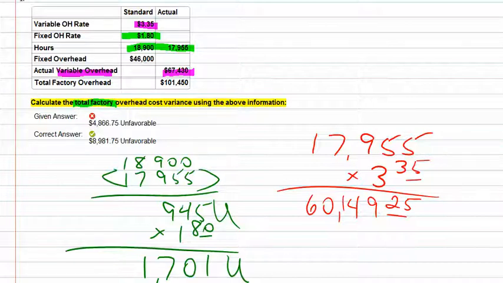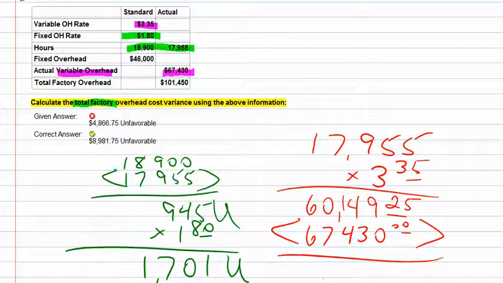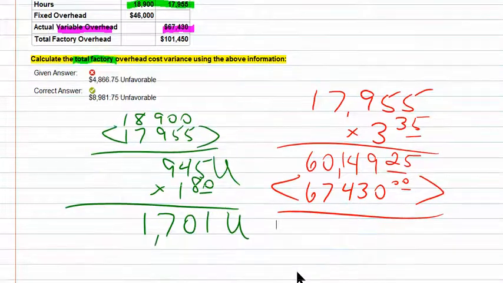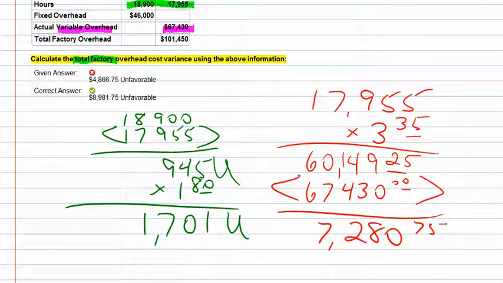But our actual variable cost they gave to us was higher than that. It was $67,430. So I can subtract that, and again, I spent more than I should have, and so I'm going to have an unfavorable variance of $7,280.75. So I have a $7,280.75 unfavorable controllable variance and a